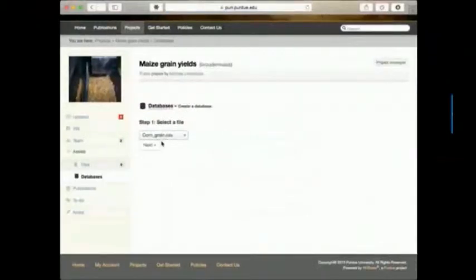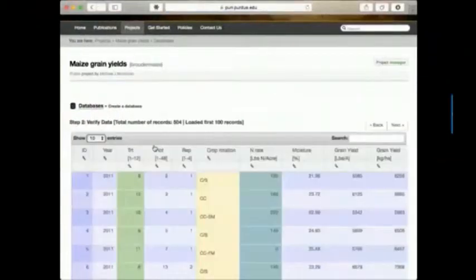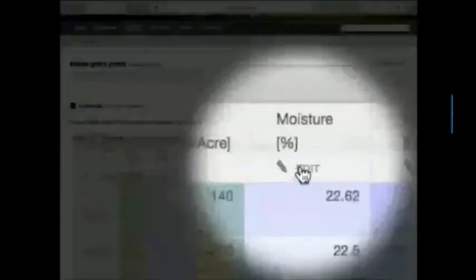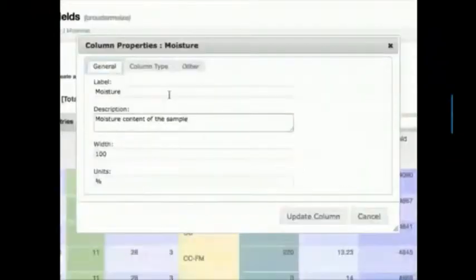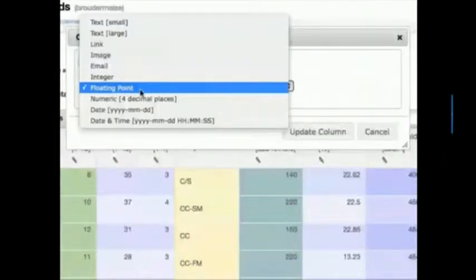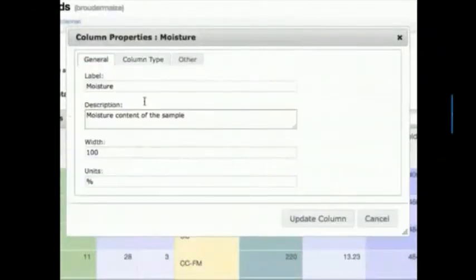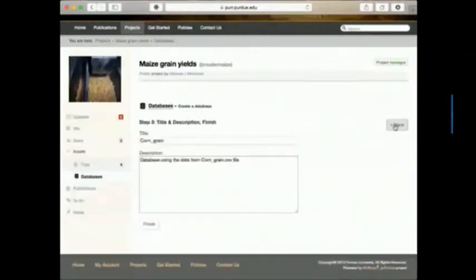So we take a CSV file now, and we can convert it into a database. This took the CSV file and staged it as a MySQL database with a bunch of JavaScript controls. So we can preview the data, we can mark up the data, you can say what the columns are, description, data type, units of measure, and all that kind of thing. And that helps people clean up their spreadsheets and make them understandable.